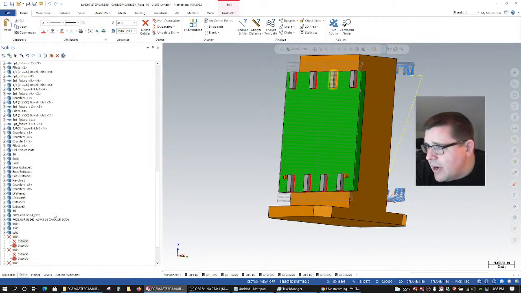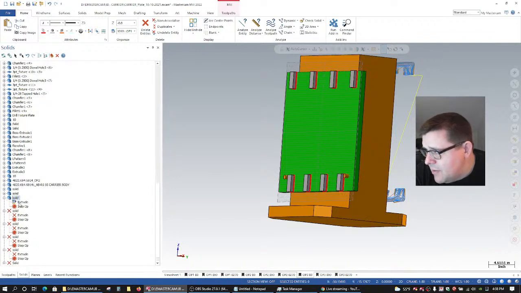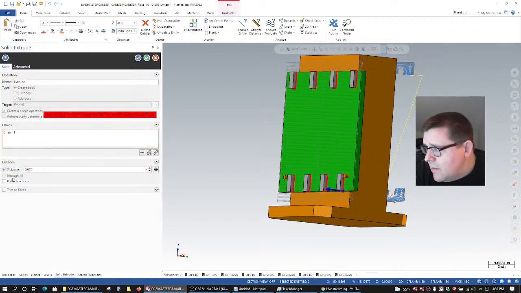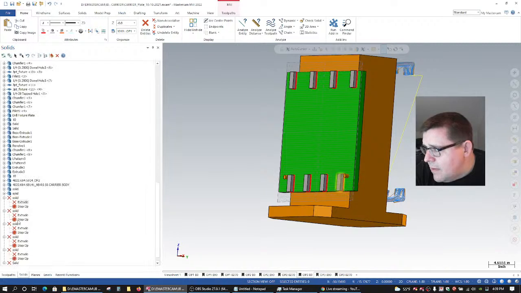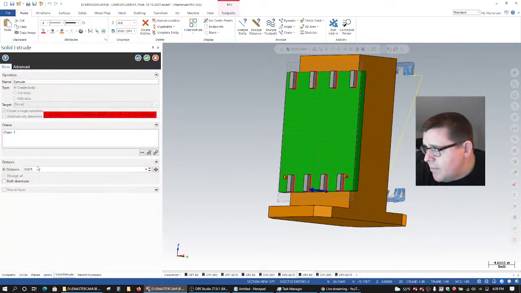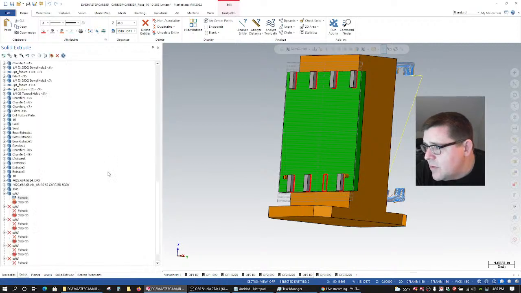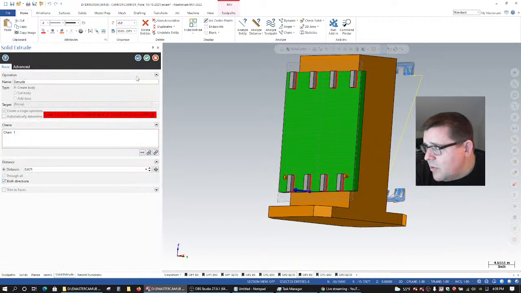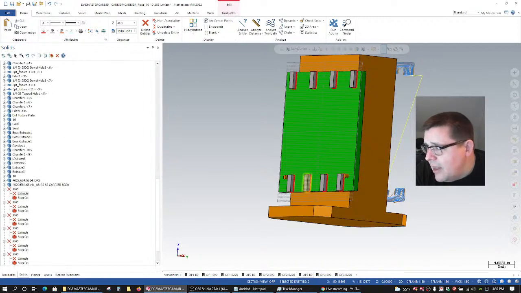So we're going to do both directions. So do that. We should have one more. Both directions. Okay, and then we're going to regen